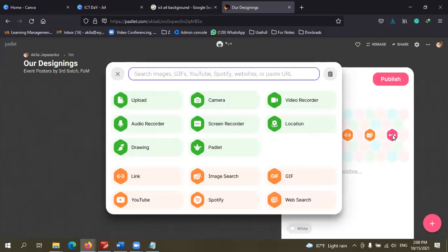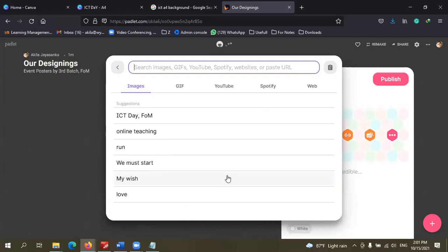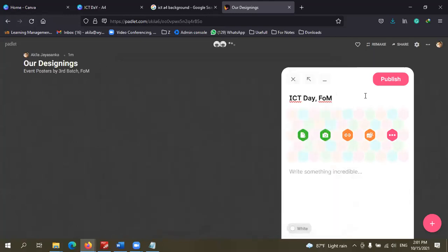And here you can select image search. Sorry, not that, upload, right?